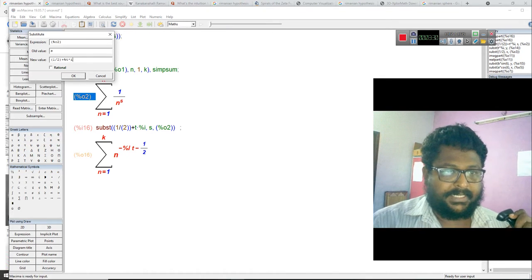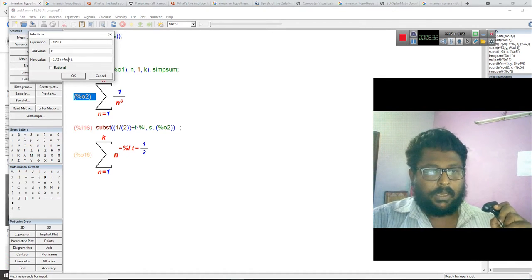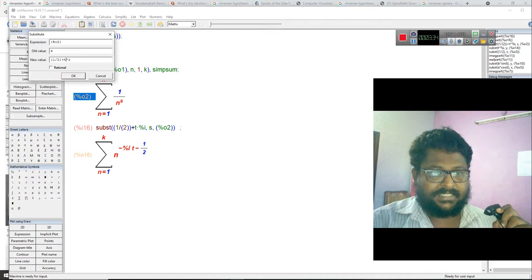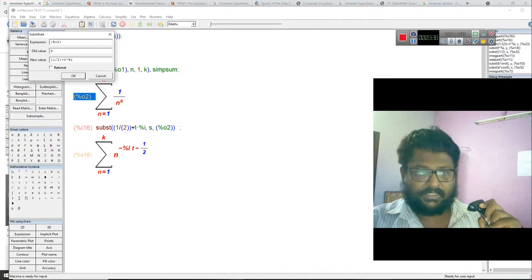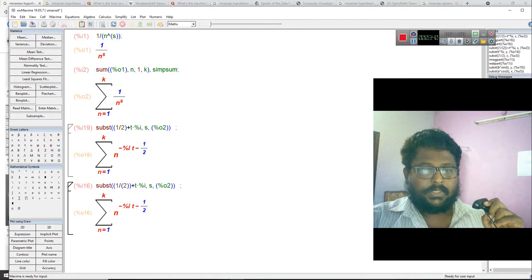Why I am putting percent is that it is a Maxima syntax, percent i. It has nothing to do with the calculation or anything. So it is in this manner.